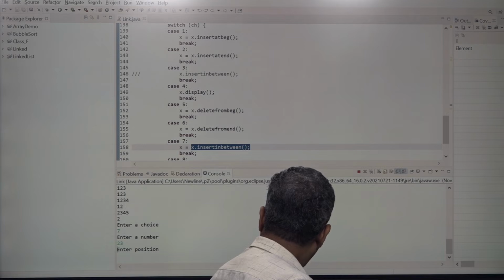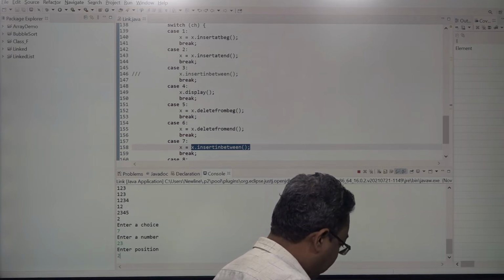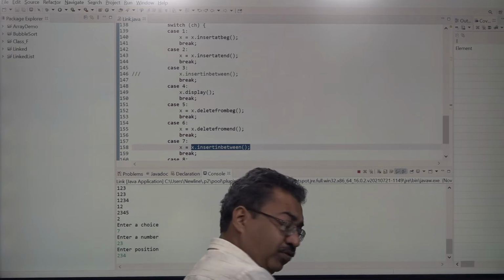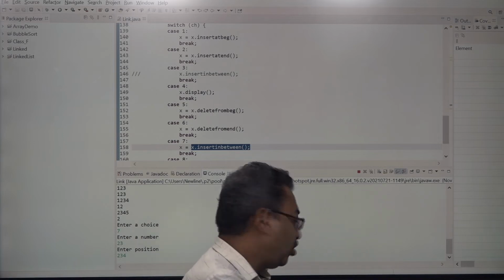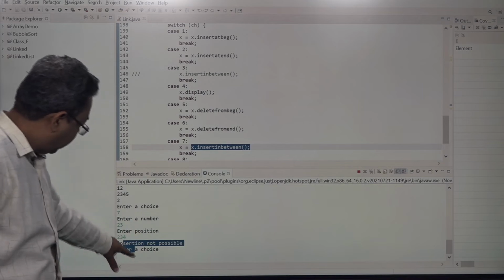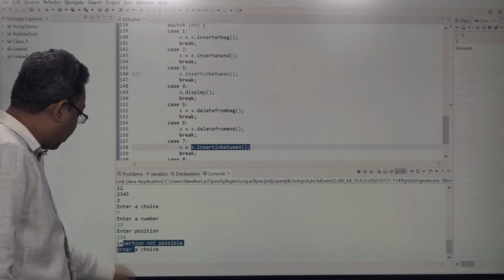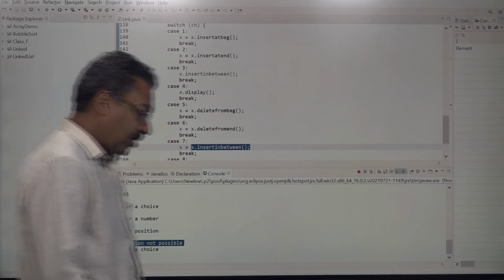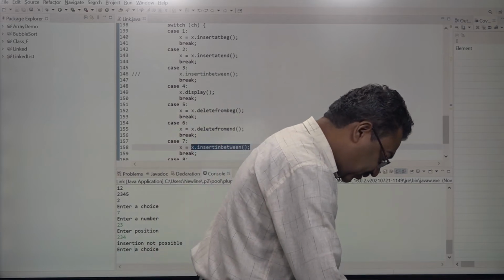I have given the value as 23, and then if I go for the position as 2, 3, 4, do you think that we are with the 2, 3, 4? No. So what is it giving? Insertion not possible. We cannot insert a new node at the 2, 3, 4 position. Now let's see what the result is, and for that